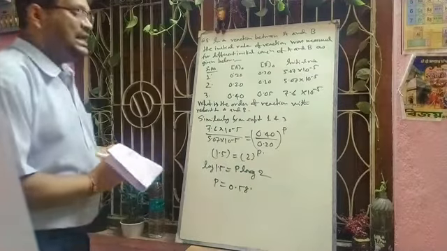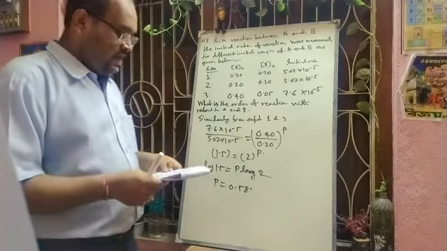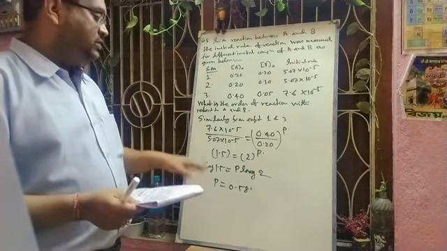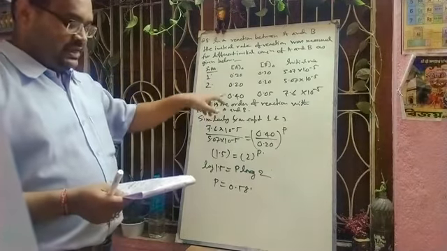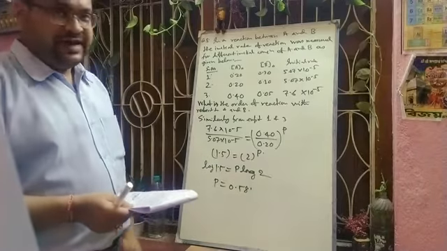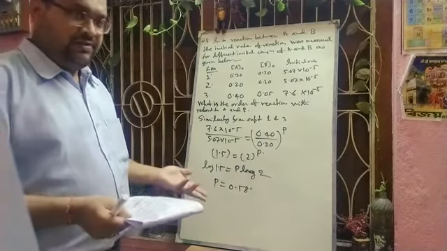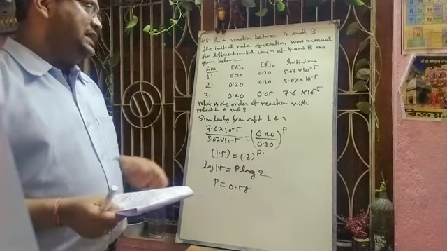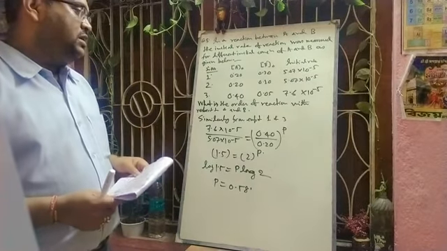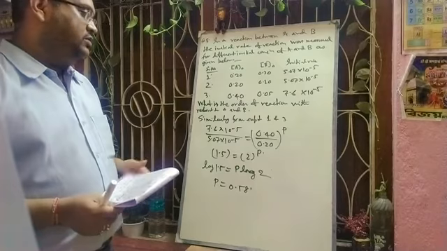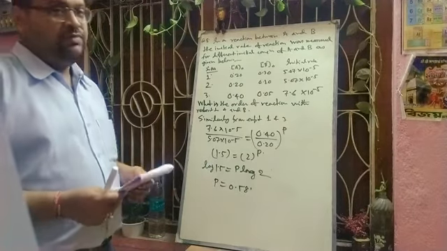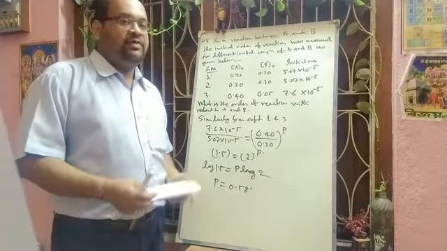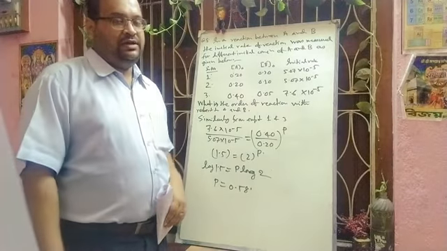So we can say here that the order of the reaction with respect to A will be 0.58, that is a fraction, and we know that order may be a fraction, and the order of the reaction with respect to B will be 0. Hope you can understand. So this type of problem you have to practice regularly.